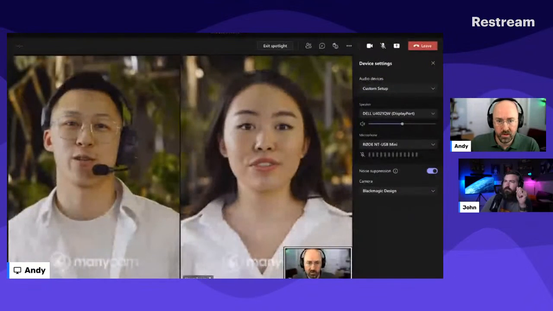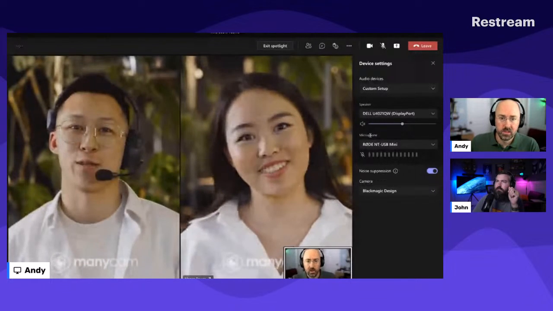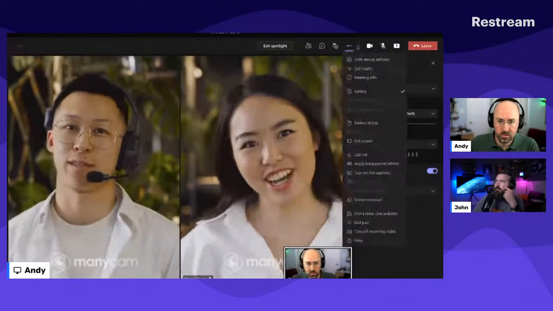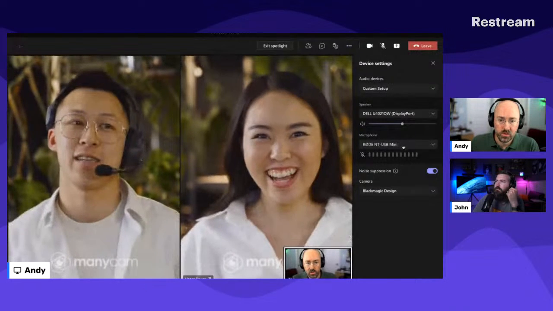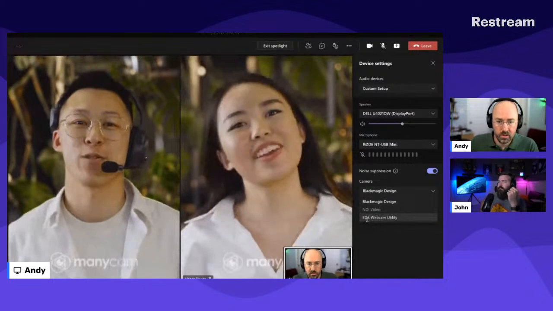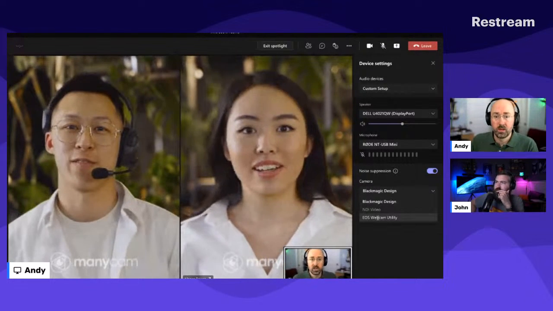I'll switch back over to my Teams window feed. All right, so this is the Teams window feed that I have. When I go into my device settings, I've already got it pulled up. Scroll down, and you'll see underneath camera that the Canon EOS webcam utility comes in.